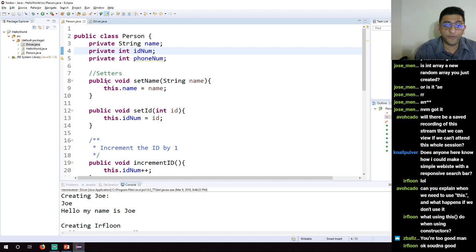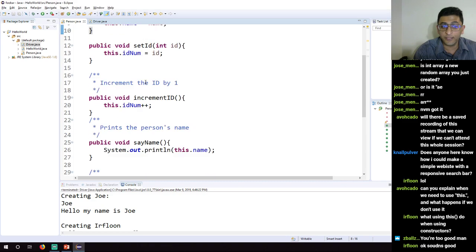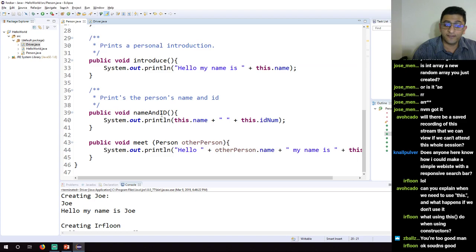So we have the scope of the method. Next is the return type of the method. So methods don't always have to print something. They can do other things. So in this case, they don't print anything. It just updates a variable name. It can do some calculation, and the method can return some values. So for example, if I want a method which